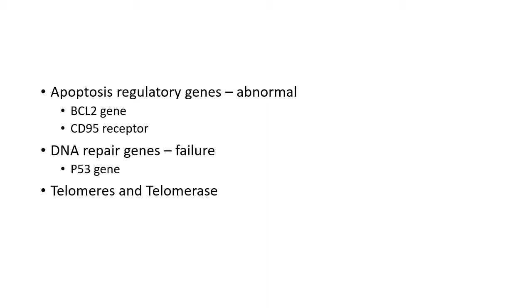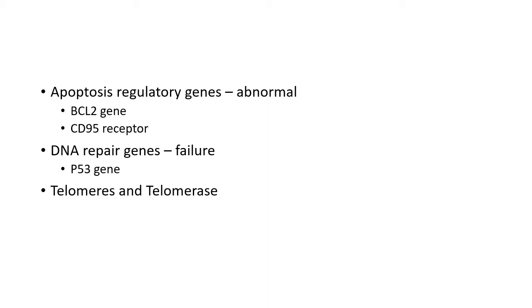The next one in this regulatory group is DNA repair genes. Usually in a normal cell during mitosis, some DNA damage occurs, and these minor DNA damages are detected and repaired before the completion of mitosis. It is not carried on to the next cycle. This is done by these DNA repair genes, an example of which is the P53 gene. But when failure of this DNA repair mechanism happens, the defects are carried on to the next generation, which can result in cancer.